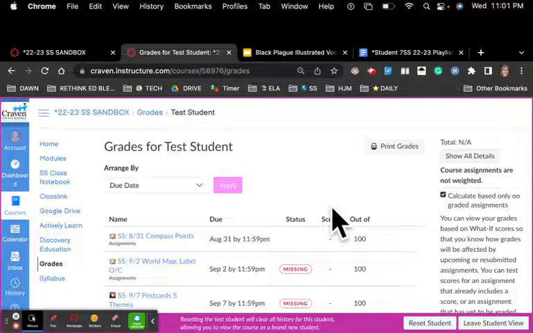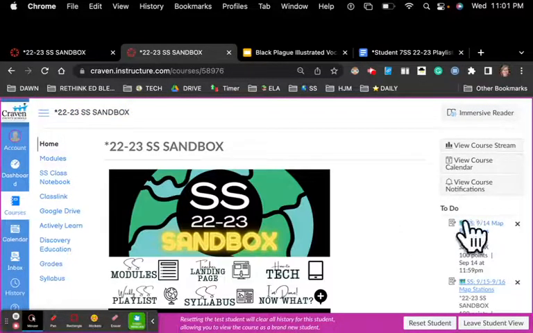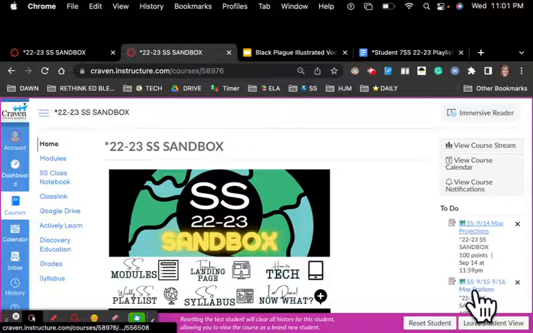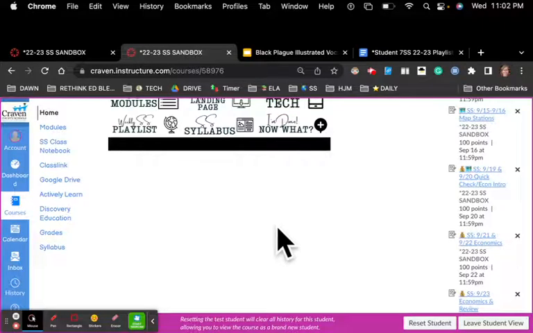But this in the browser is the best place for you to look into Canvas to see which grades they're missing. They do also have what's called a to-do list. And the to-do list is either going to be on the side or it will be at the bottom. And that's also where they can see feedback and comments that their teacher might leave them.